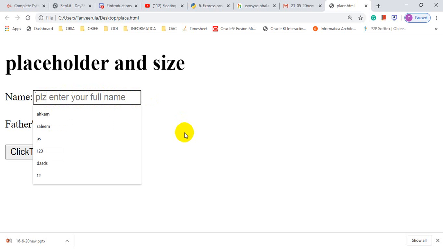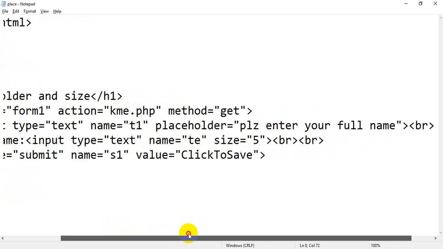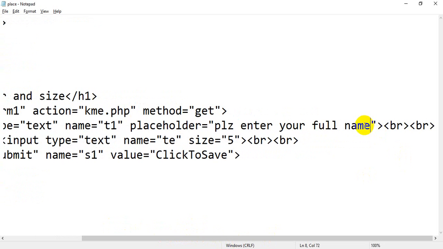Or you can pass some other message, instead of please enter your full name. You can write please enter your first name only.